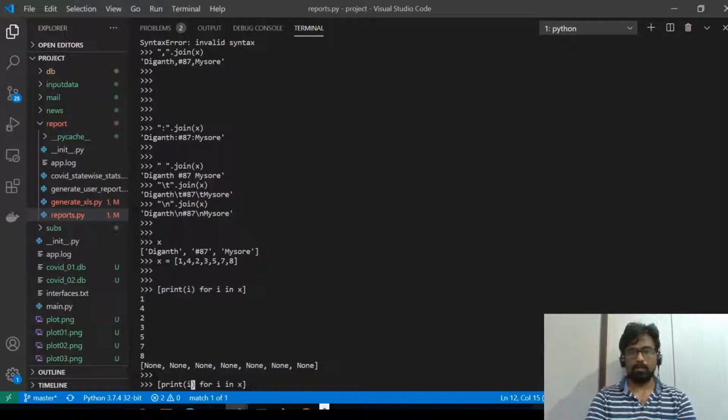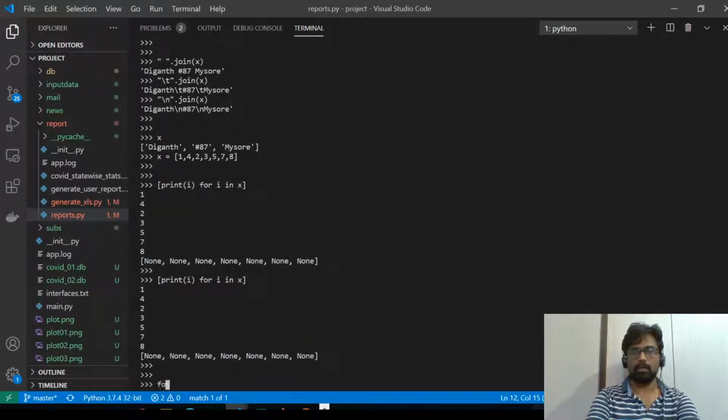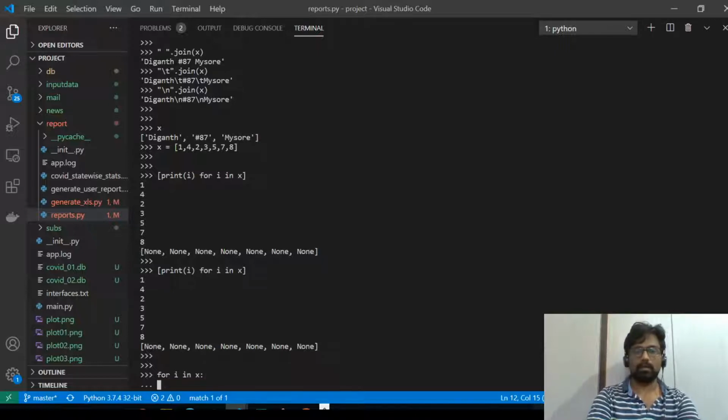Okay. So this is also called list comprehensions. So there are several things that you can do. Sometimes this is a shortcut of writing for i in x and then print i.